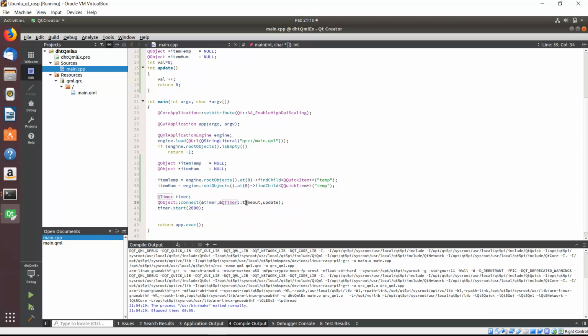Which makes the QTimer timeout method connected to the update method. Every 2 seconds, the update method is called, and while will be increasing. Now I will add the item temp object. Actually, I will assign the while variable to the item temp. Simply item temp